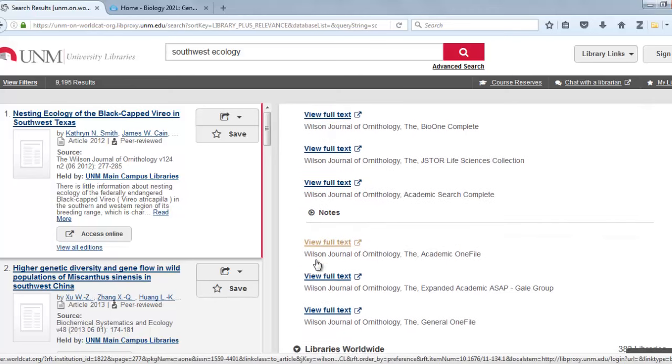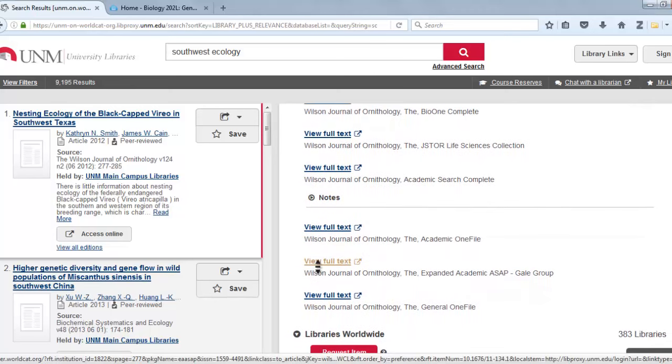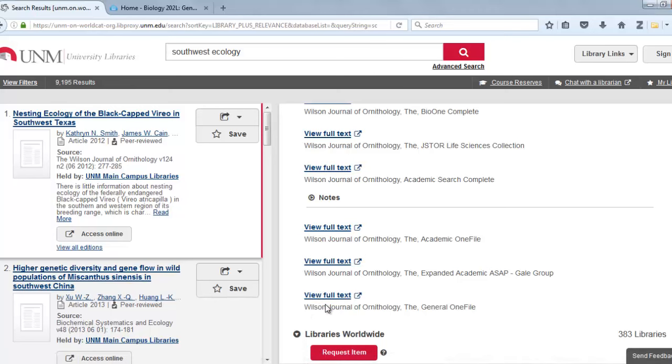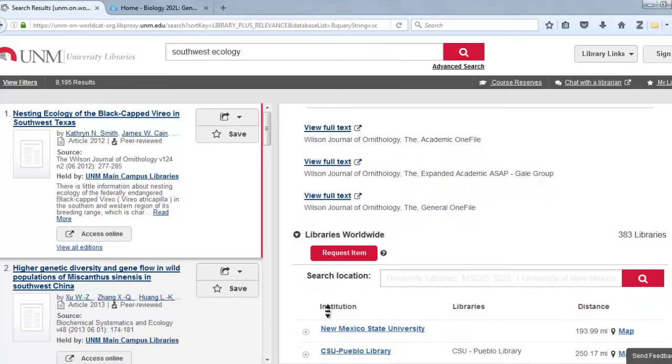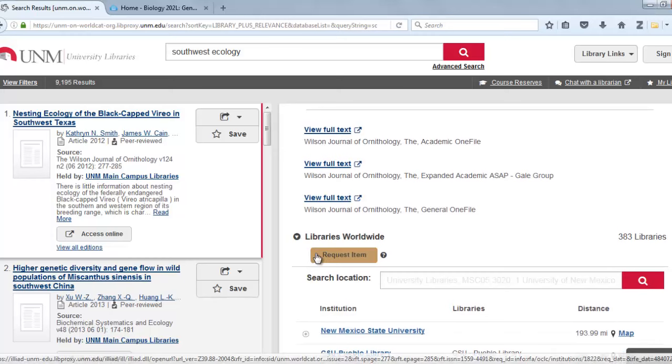So it can be a little bit confusing, but some of our journal packages overlap, and we often get certain articles or certain content through multiple avenues. So something to keep in mind. But the interlibrary loan link that I want to point out actually functions through this request item link here,